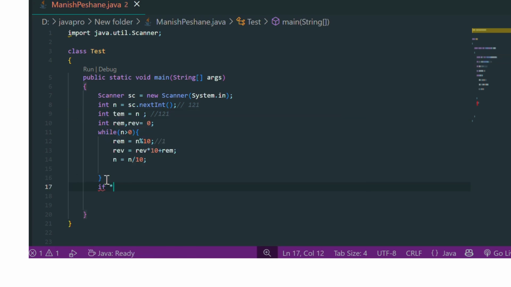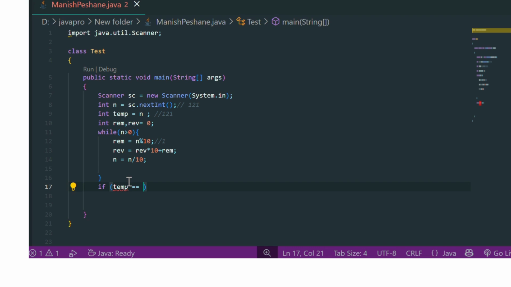Sorry, temp, I wrote temp. It is not necessary to write only temp. We can write anything you want, because this is a variable and it depends on your choice.